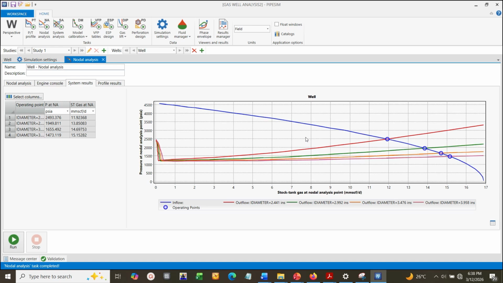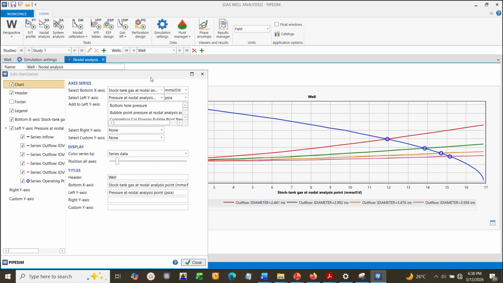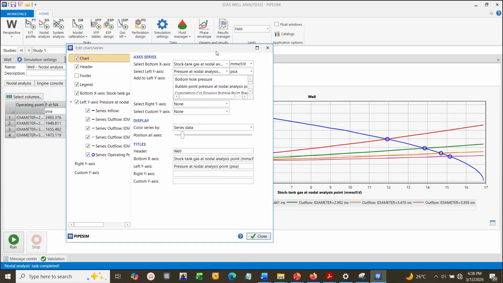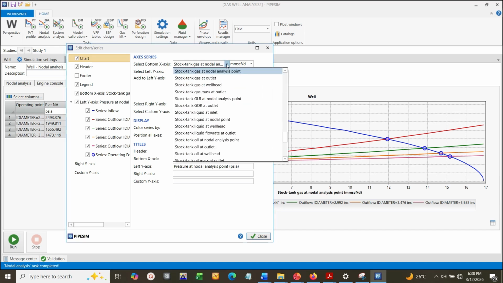So let's see which of these tubing is free from erosion velocity, or has erosion less than 1. So we change the x-axis here. Let's look at erosion. Let's look at the erosion velocity ratio,